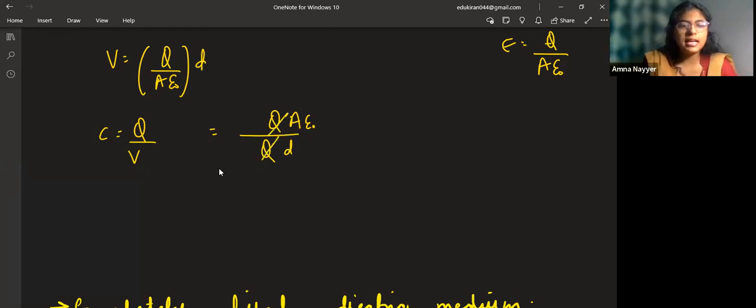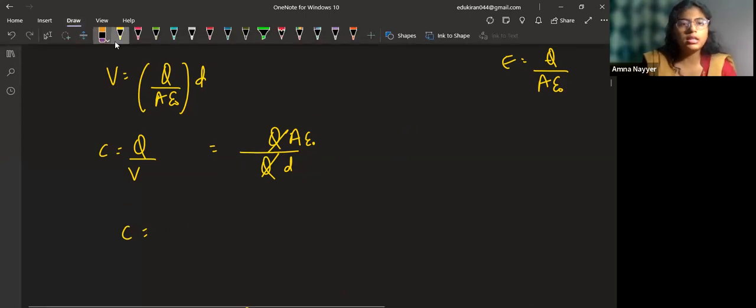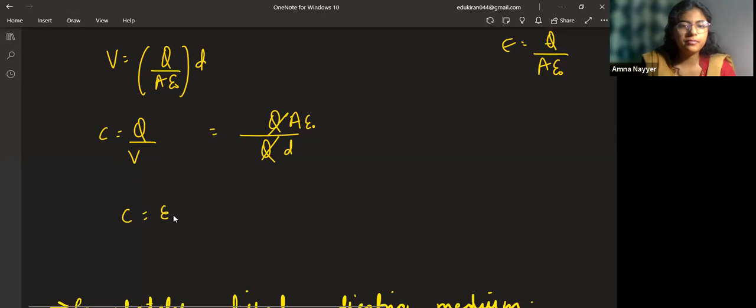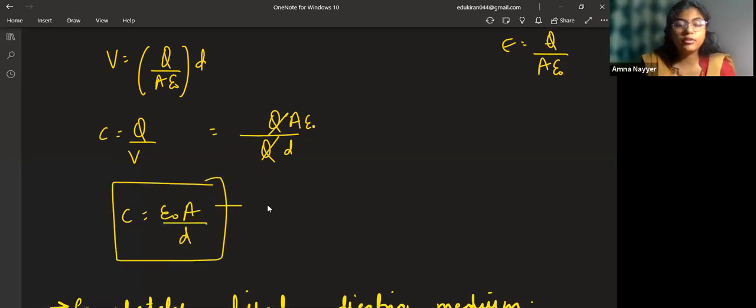The Q is the charge here. So the Q gets cancelled, and the formula for capacitance becomes epsilon naught A by D. This is the formula for capacitance